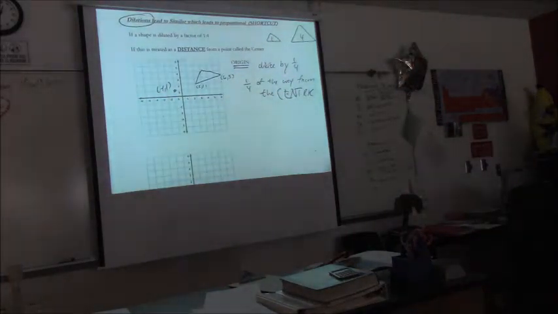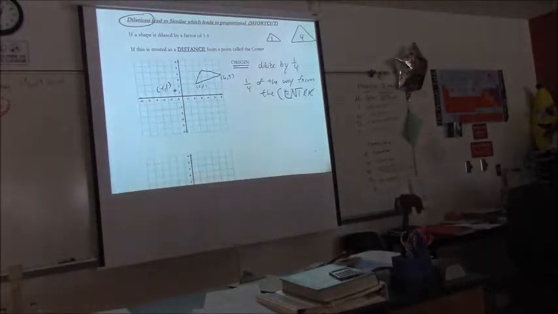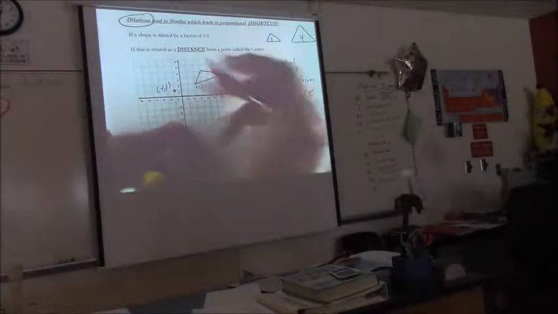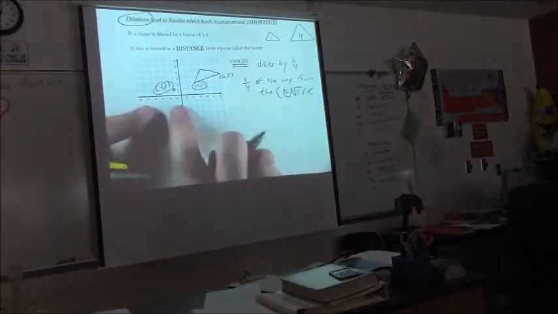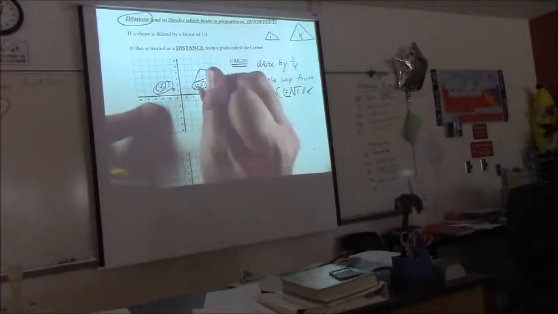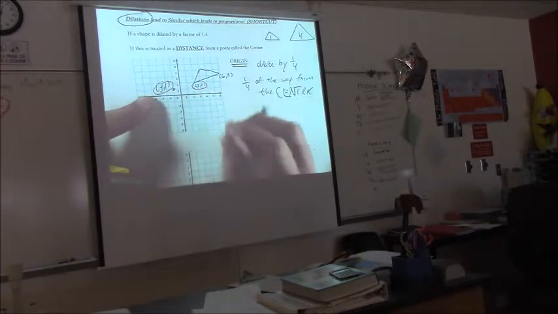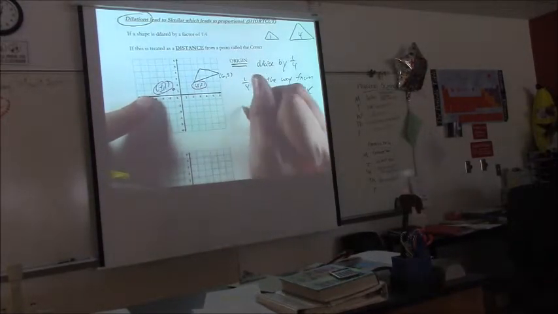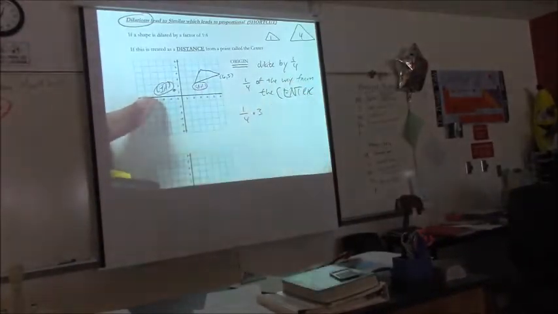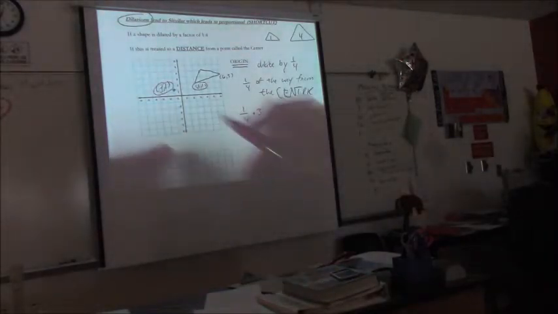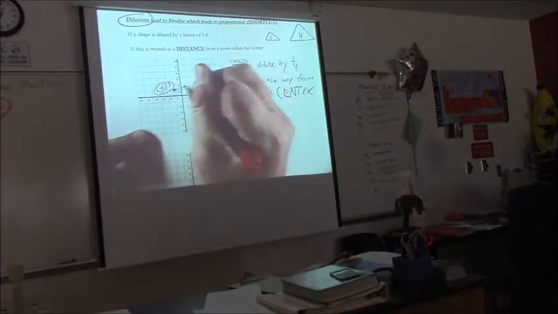It's always about distance from the center. So you'd say, okay, how far is (2, 2) from (-1, 1)? You'd say, well, I'm going to do that bit by bit. How far is it from -1 to 2? It's a distance of 3. So you're going to take 1/4 of that distance. Now, it'll probably come out nicer, but now it's going to be only 1/4 of the way from there to